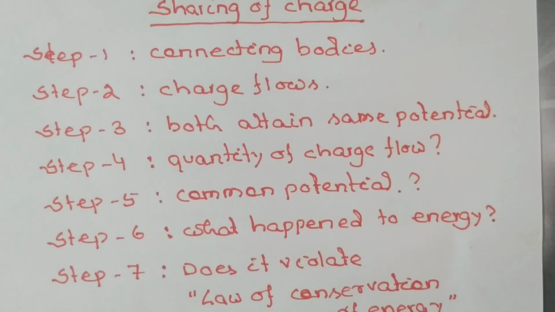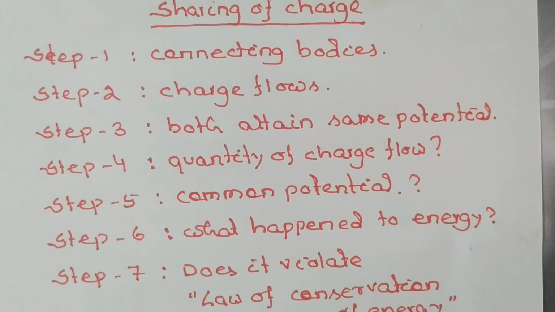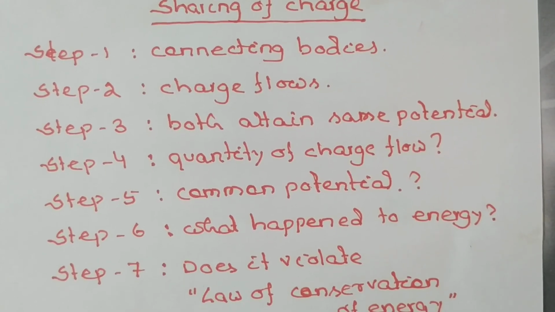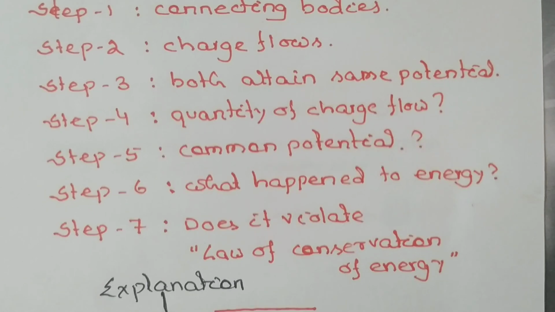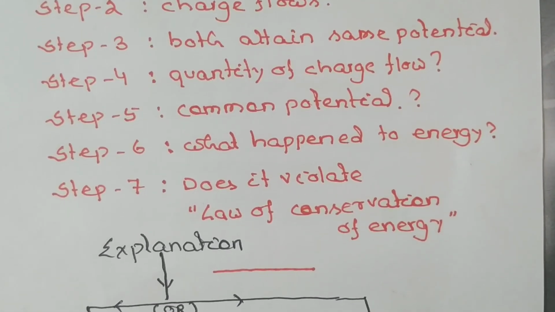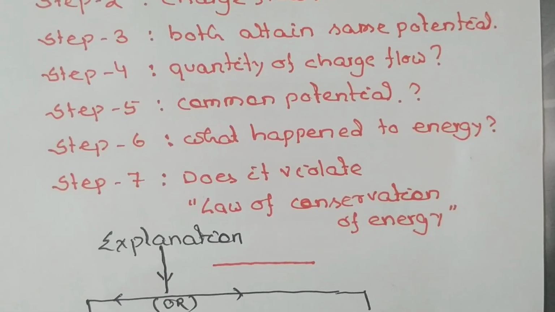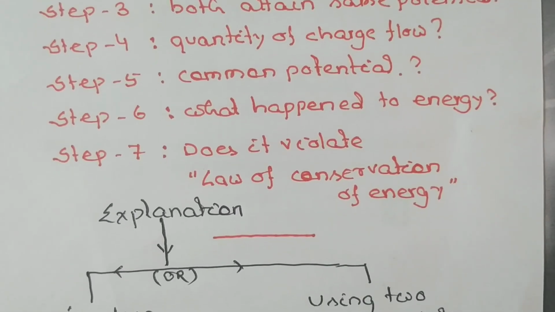These are the steps. Step 1: we will first take two bodies and connect them. Then second step: the charge will flow from one body to another body till both acquire the same potential. And when they acquire the same potential, we have to calculate what the common potential is. Then we will calculate what amount of charge flows from one body to another body, and